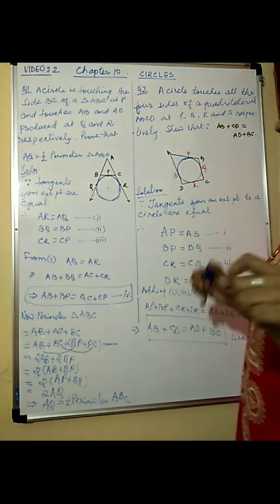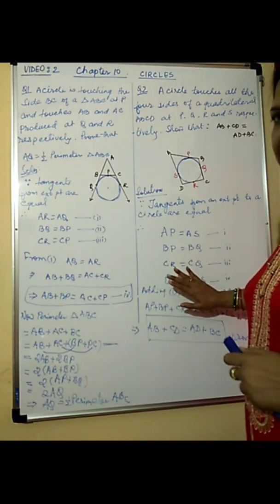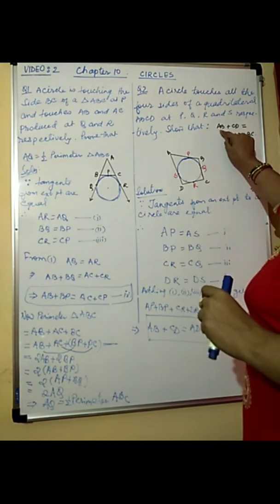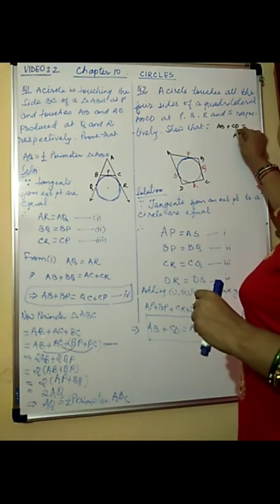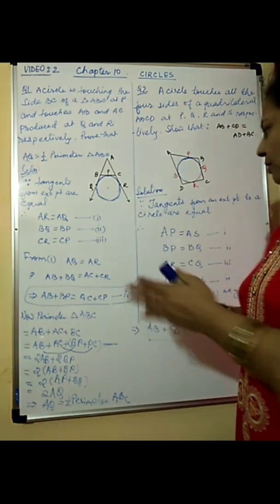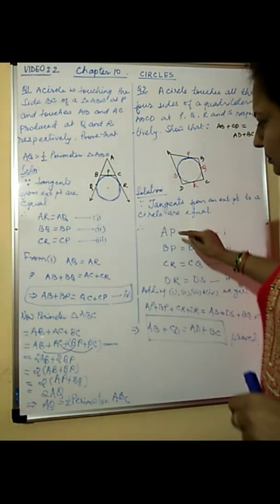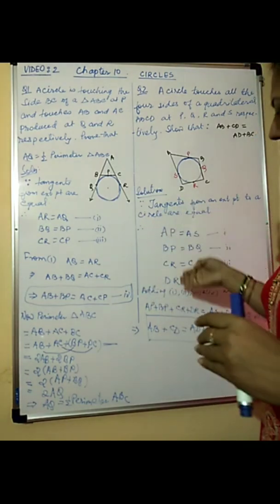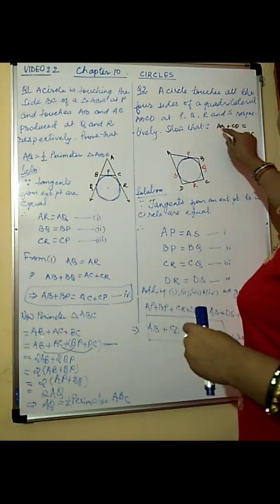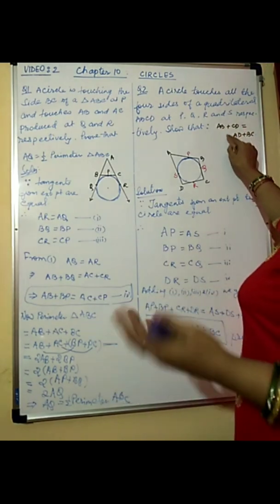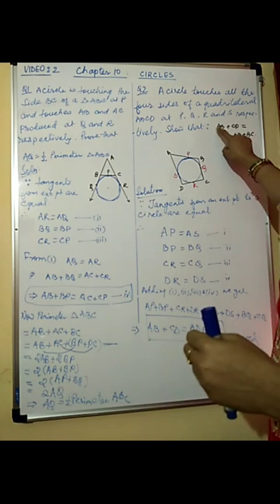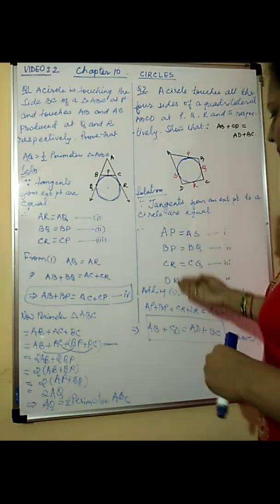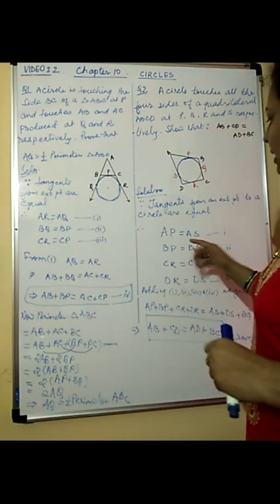Take note that whenever you are writing these tangents, arrange them in such an order that at least the segments of AB and the segments of CD should come on one side of the equality. If you check the tangents that I compared, I arranged them in such an order that at least one pair of segments, maybe of LHS or of RHS, but these pair of segments should fall on one side of the equality. Now I will show you how it is.